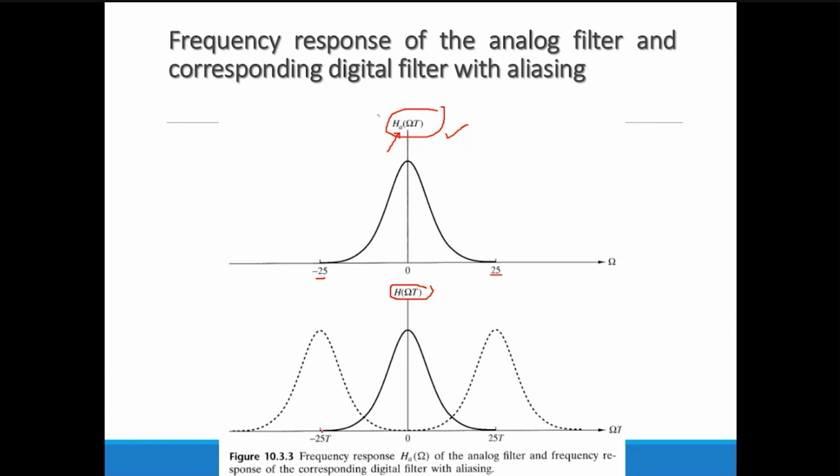But in digital, when we convert this filter into digital using the impulse invariance method, we do the sampling of that, and we take the sampling frequency multiplied with the frequency spectrum of the signal. So when we do this, what happens? We get a periodic repetition of the signal. This periodic repetition depends on the value of T, or indirectly on the value of the sampling frequency, because T is equal to 1 by Fs.